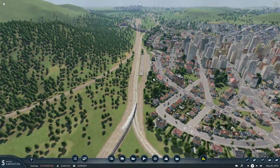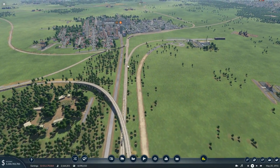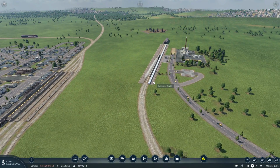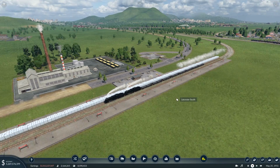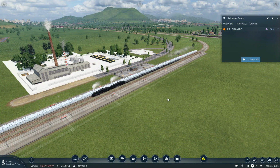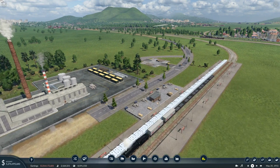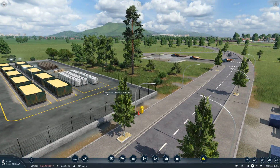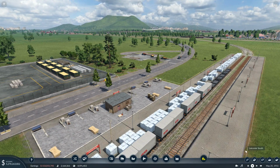Right, 256 plastic. Please tell me that another one has already reached its destination. For the love of God, here we go. Right, finally. This one has arrived. Sweet. Right, let's see how much you actually pick up here. 383. Capacity of 256. Jesus. What's in these IBCs? Who knows? I mean, we're still delivering more grain. 604. How much more grain can this thing...